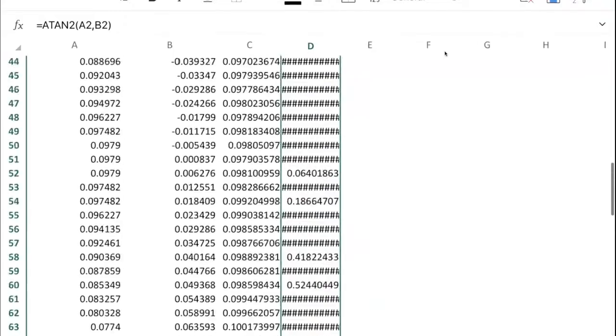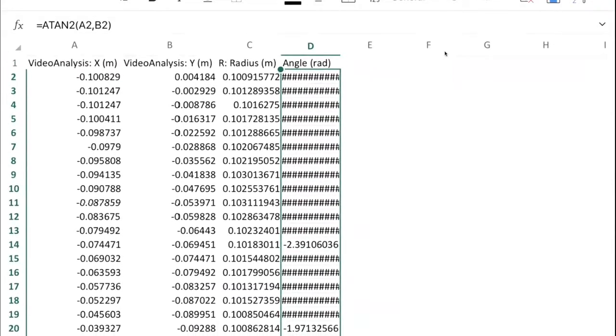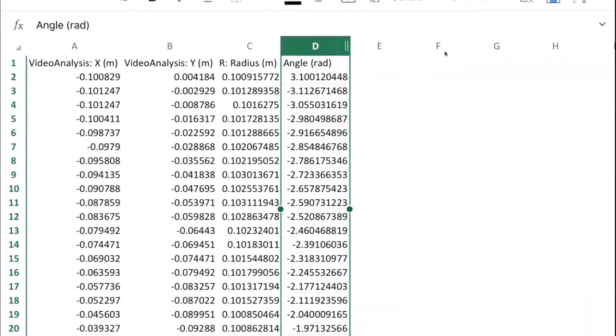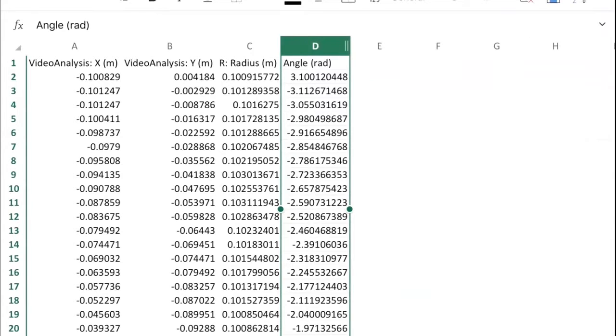You'll see all of these little number signs here. If you see them, you could just double tap on the top of the column, and you'll see it all open up right there. So now we have our arctan here, and we filled it, and we want to convert this over to angles, because